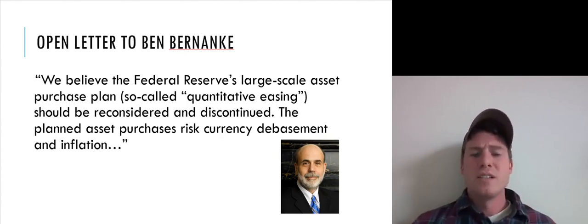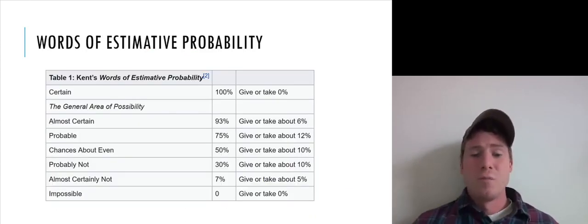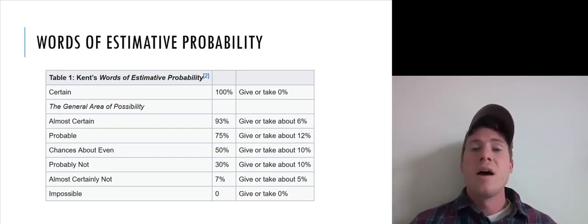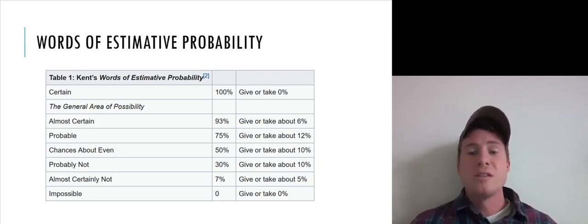This motivates us to come up with probability judgments or forecasts that are either precise probabilities or at least intervals of probabilities, right? So this connects up with Sherman Kent's so-called words of estimated probability, which were a way of making precise various vague terms that we use in forecasts, like almost certain or probable or probably not, for the purposes of the intelligence community. So the U.S. intelligence community uses this key to give some precision to our normally